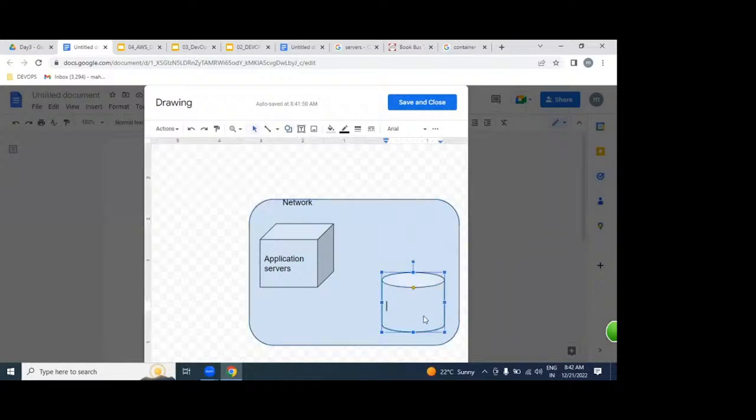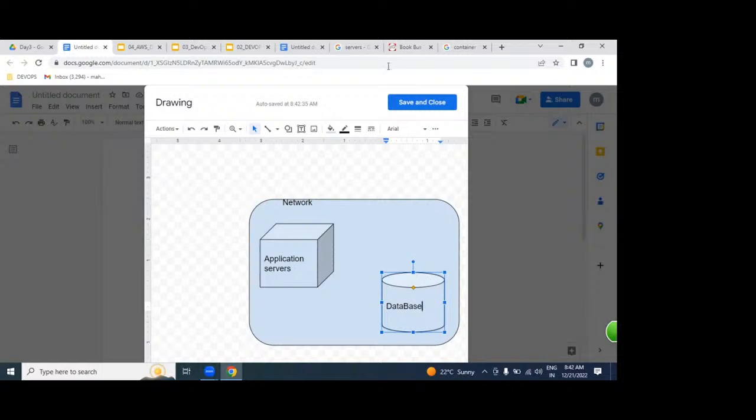The service name here is what? RDS. It might be a MySQL database, Oracle database, whatever. So the application is maintained on the application server, and our customer information is maintained in the database. So the network we have designed, the application server we have kept, and the database also we have kept.